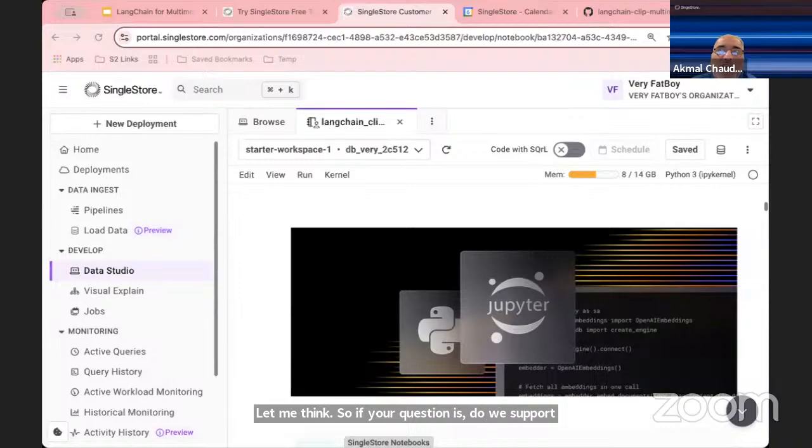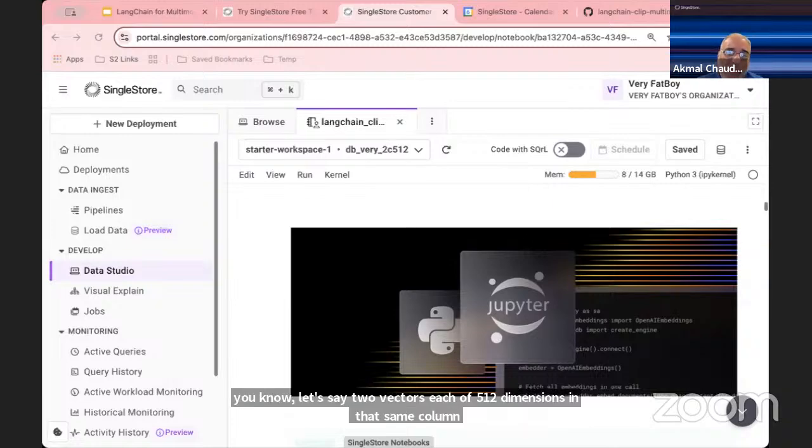No. It is restricted to, for example, you saw in the notebook, it was 512 dimensions, but that is one vector of that length. Could we store, let's say, two vectors, each of 512 dimensions in that same column? At the moment, no, that's not possible. Okay, if that's the question you're asking, which I think it is.